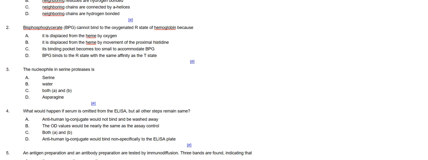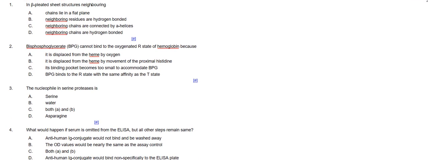Now, next question is number 1. In beta pleated sheet structures, neighboring, what will be the correct option? It will be neighboring chains are hydrogen bonded. Okay, so the neighboring chains are hydrogen bonded in the beta sheet. Number 2,